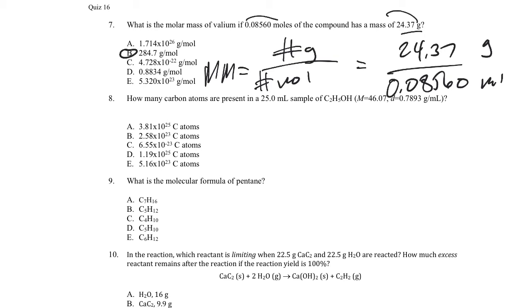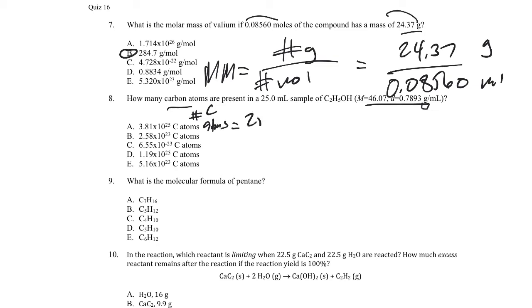How many carbon atoms are present in 25 mL of ethanol? And we're given a density here. Okay, density gets us from milliliters or volume to grams. We use a molar mass to get the moles, Avogadro's number to get to molecules, the formula to get to the carbon atoms. So number of C atoms